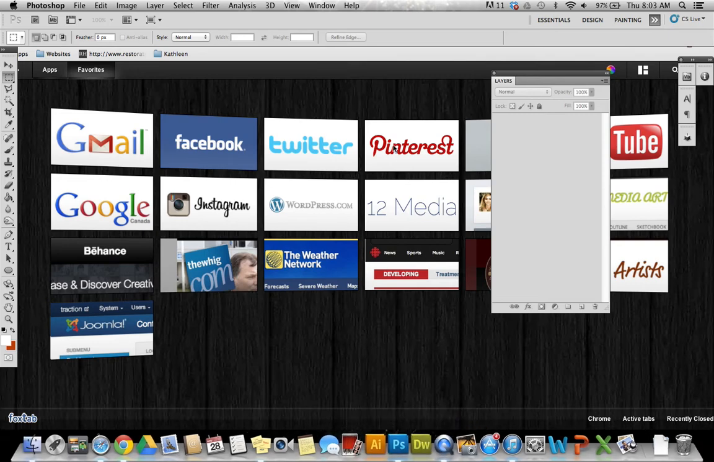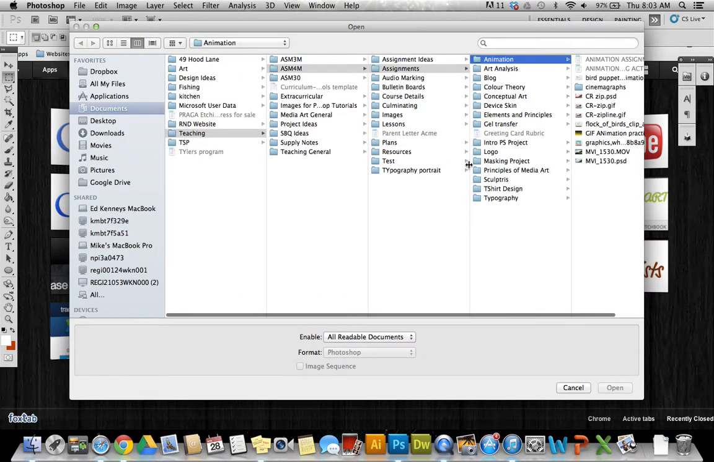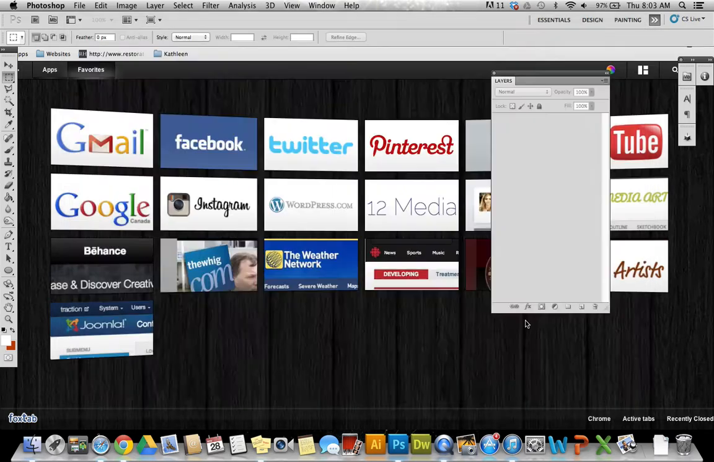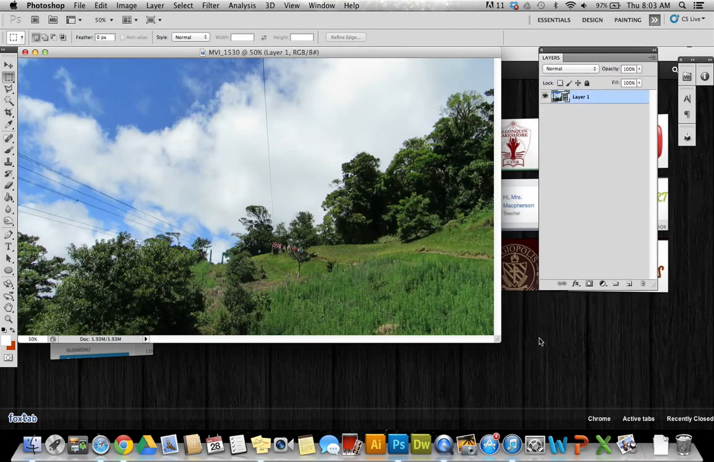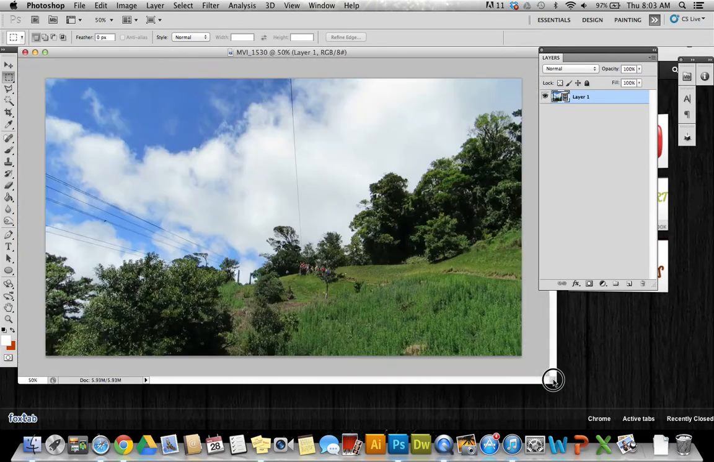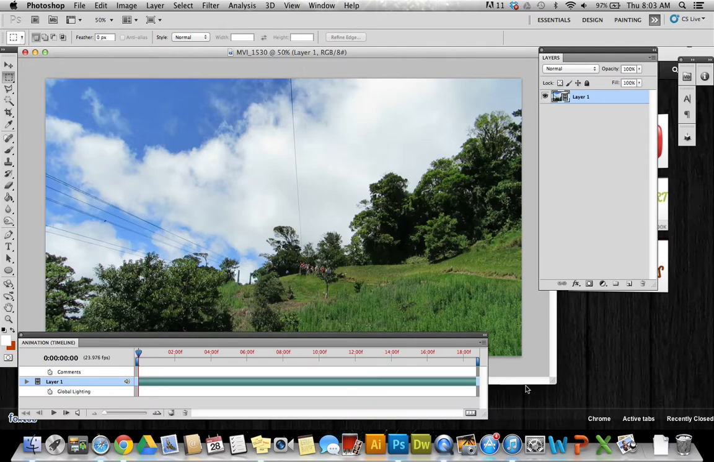Alright, in this recording we're going to take a look at how to create a GIF animation by using video in Photoshop. So what I'm going to do here to start is I'm in Photoshop. I'm going to open up a video file. I'm going to bring that in here. And I'm going to open up my animation window, going up to Window, Animation, and that opens up along the